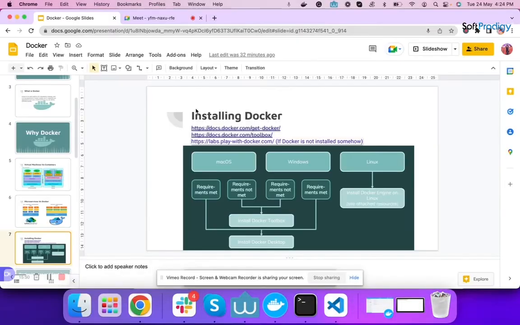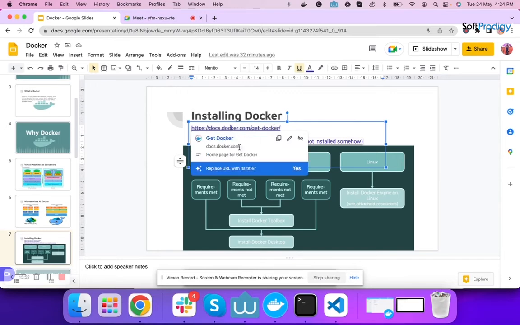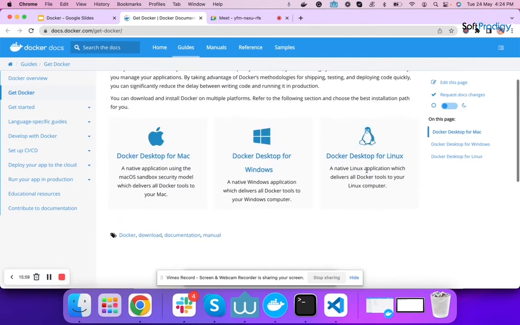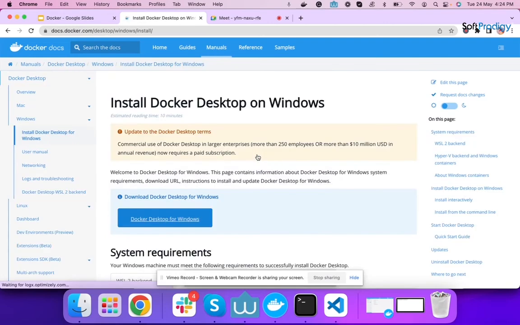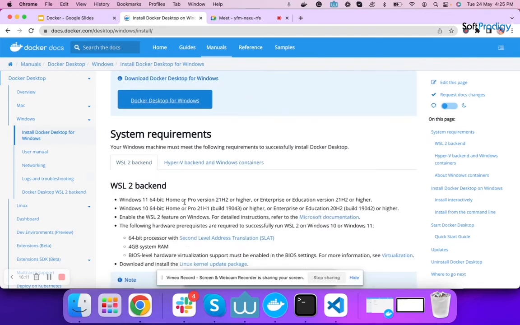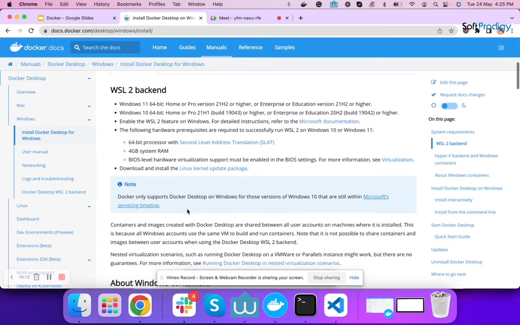So let me show you. From here, you can just download Docker Desktop for Mac and for Windows. And remember one thing, all the Windows users have to check the system requirements and follow each step one by one perfectly.